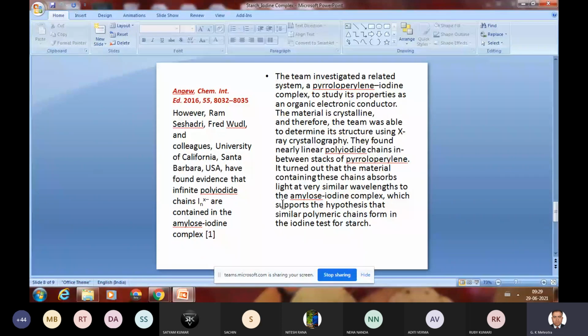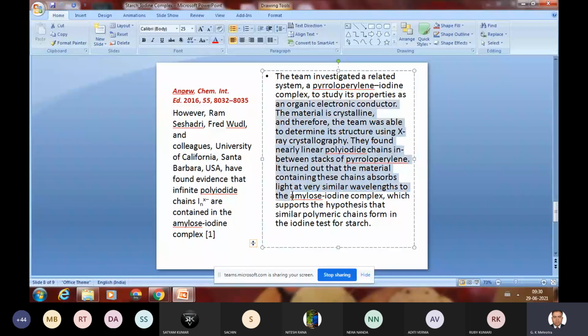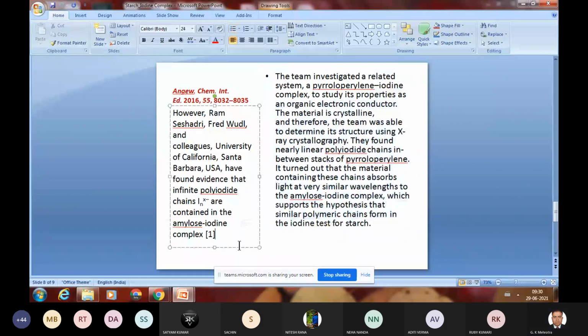The explanation given in previous slides is the most relevant explanation known till today. In 2016, there was a study published in an internationally reputed journal, Angewandte Chemie, a Wiley publication, in which the pyrroloperylene iodine complex was studied, which was crystalline in nature, and its structure using X-ray